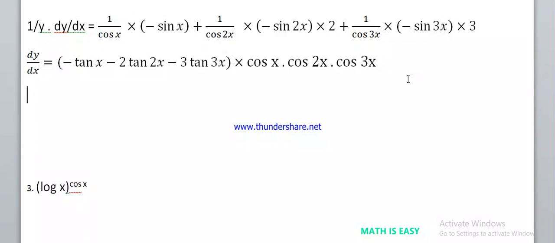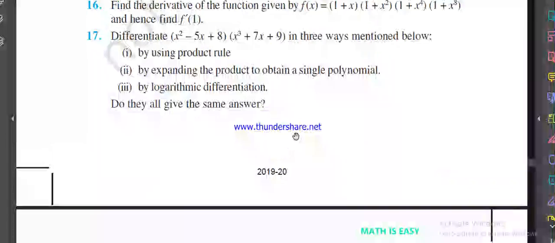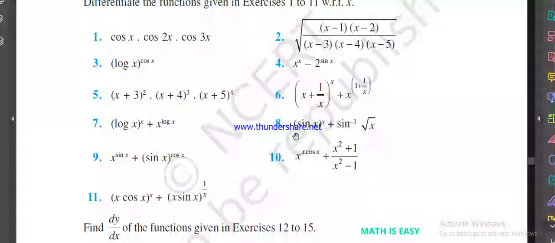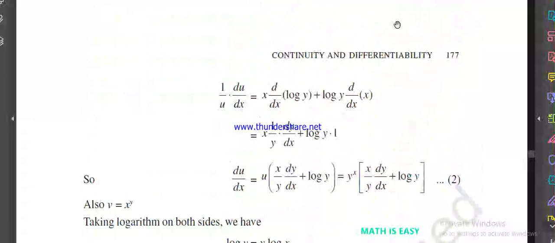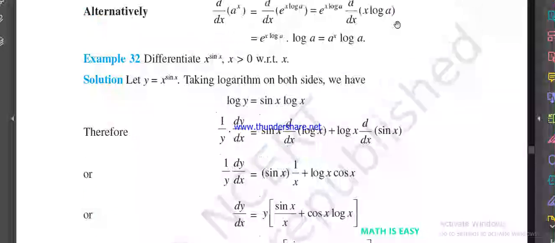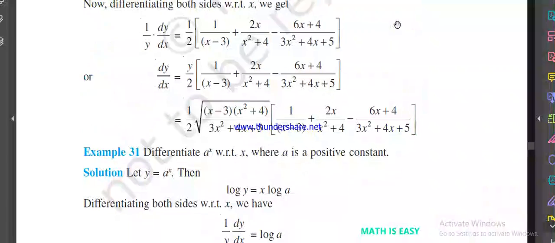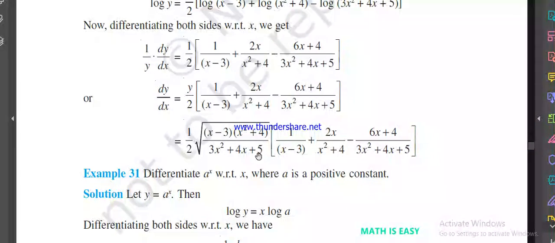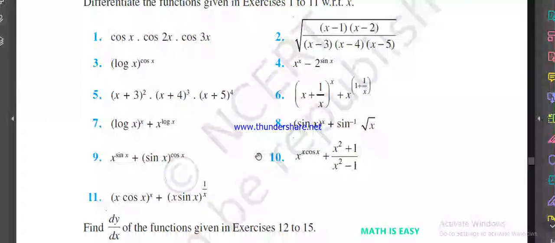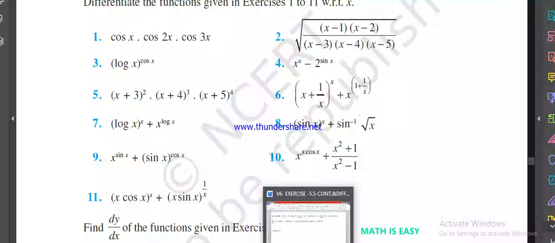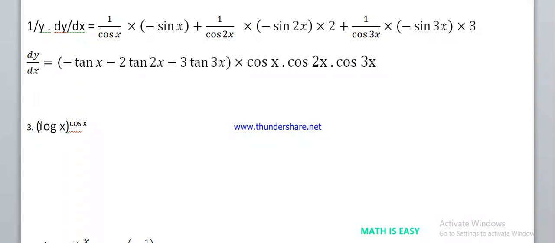My next example, next exercise question is 3. Second one I am leaving it, because I thought we already solved it as one of the examples under root term. If you remember in last class, we already discussed this under root term, how to differentiate this under root term. The same pattern you have to follow. So try this one. Third example exercise question we'll discuss. So as usual, whatever is given, take this as y equals to this one.